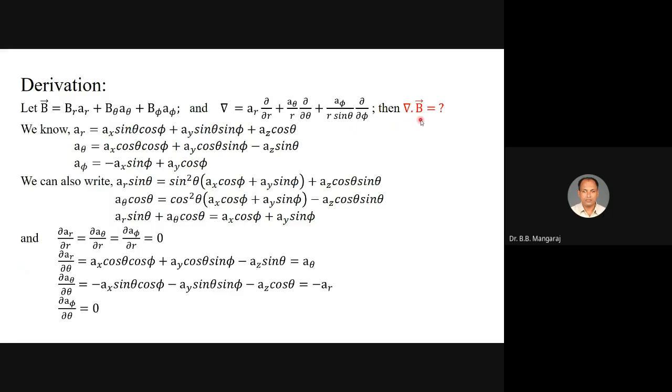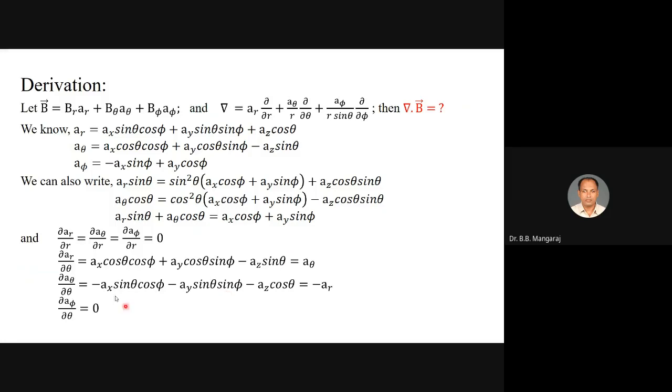Let us find it. Now, a r, a theta, a phi all are unit vectors in spherical coordinate system. They can be expressed in terms of unit vector in Cartesian coordinate system like this. These are simple expressions available in all textbooks. Now, if you multiply sin theta here with a r, then we get this one. We multiply cos theta with a theta, we get this one. If we add these two expressions, then a r sin theta plus a theta cos theta is equal to a x cos phi plus a y sin phi, because sin square theta plus cos square theta is 1, and these two terms cancel out each other.